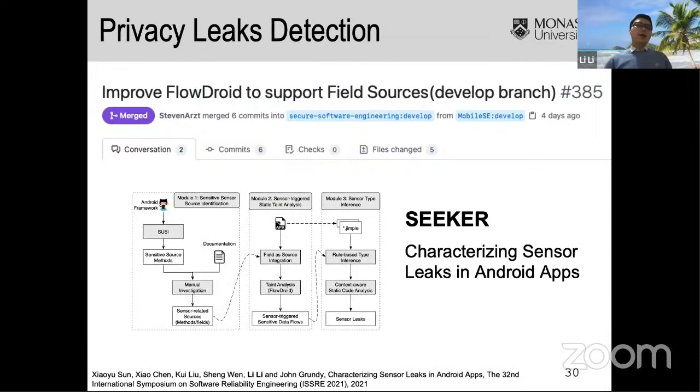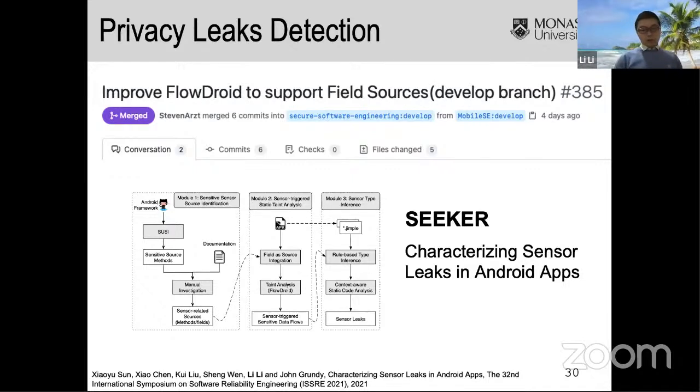And actually, we have gone beyond the field-based sources to release a tool called SEnsor, aiming at categorizing sensor leaks in Android apps. So it not only involves field-based taint analysis, but we also need to identify which sensor will leak the information to make that connection.